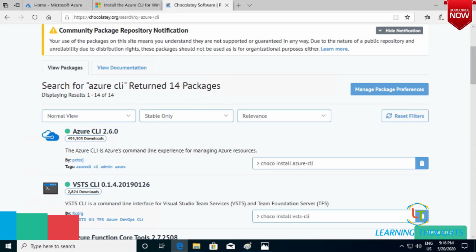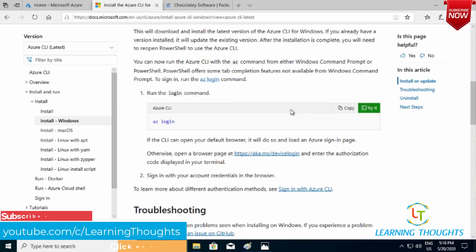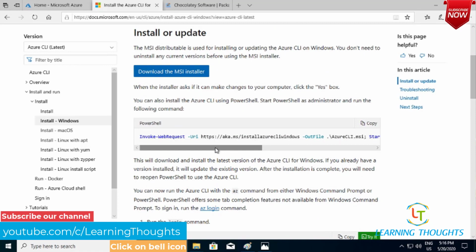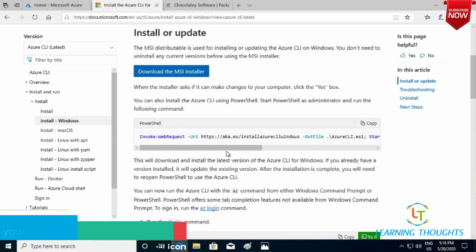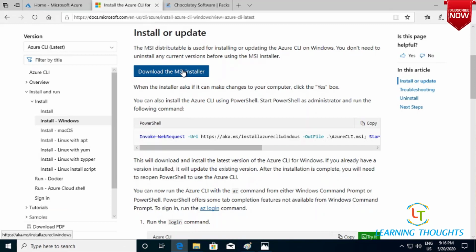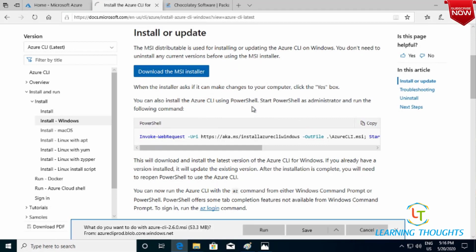You can either run this command from your PowerShell, which you start as an administrator, or you can download the MSI installer. Downloading the MSI installer is one choice.